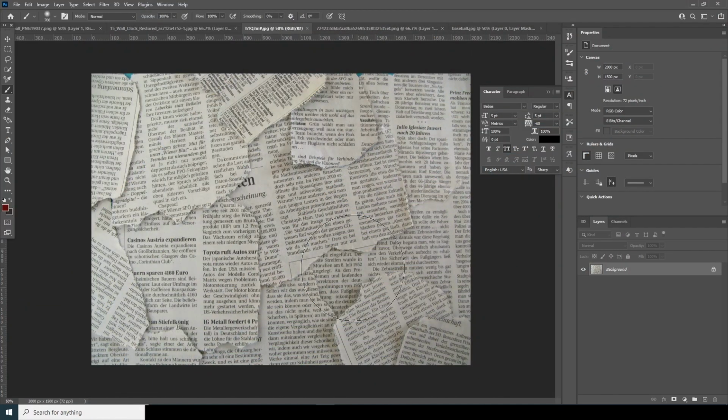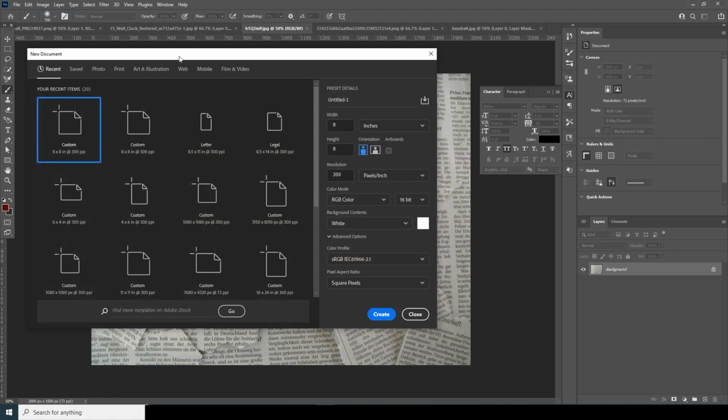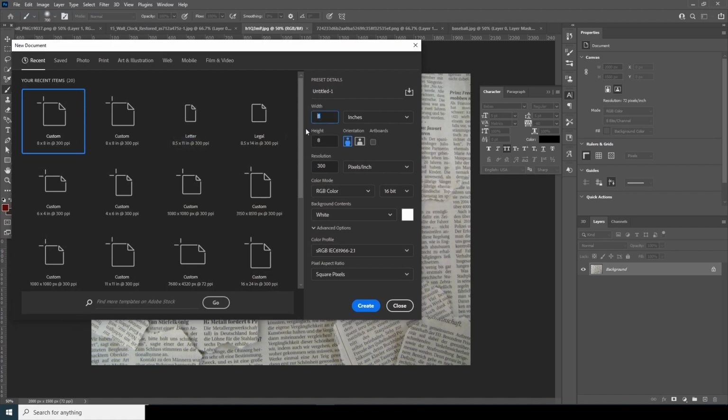So here we are in Photoshop, and first thing first, let's create a composition. So for that, go to File and click on New, and I will go for 8 by 8 inches and keep the resolution as 300, color mode to RGB and the bit depth to 16-bit, and just keep the rest as default. And let's click on Create,